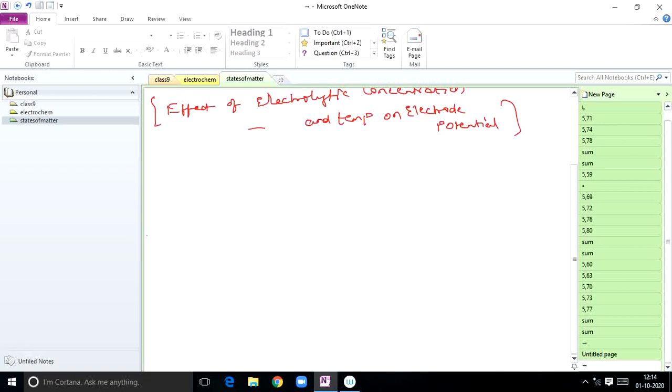Suppose we change the temperature or concentration of the electrolyte, definitely the electrode potential will change. How it changes can be explained through the Nernst equation. So before going to derive this, while applying the Nernst equation,